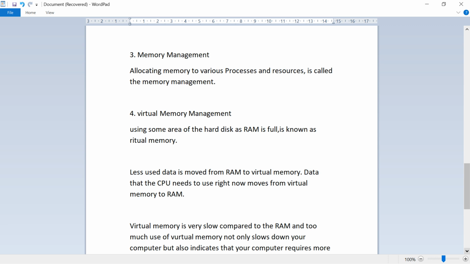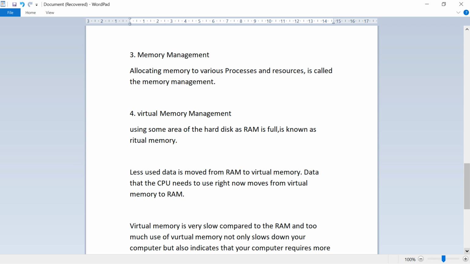Since virtual memory is an important concept: RAM has billions of memory locations, but sometimes even that is not enough room for all the data the CPU needs. When RAM gets too full, the computer's operating system uses some area of the hard disk as virtual memory. This is called virtual RAM.